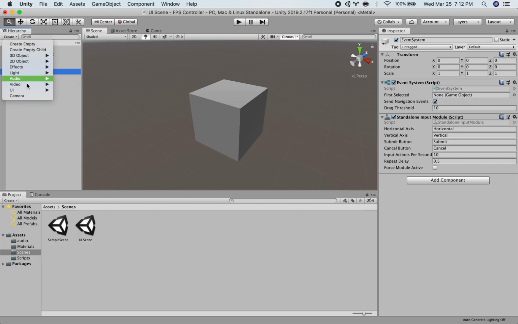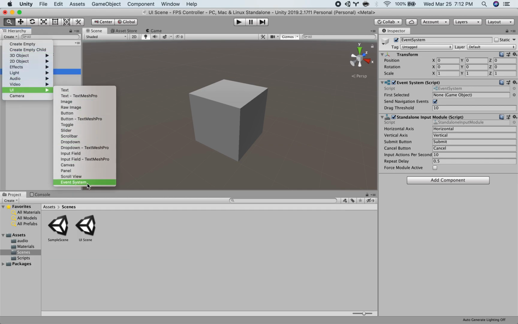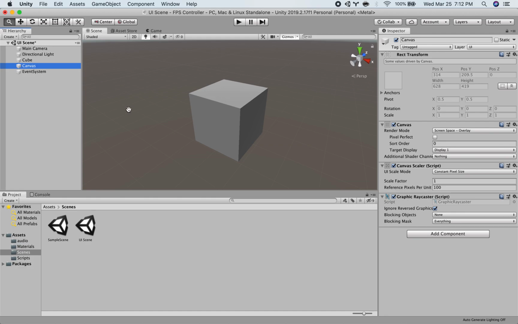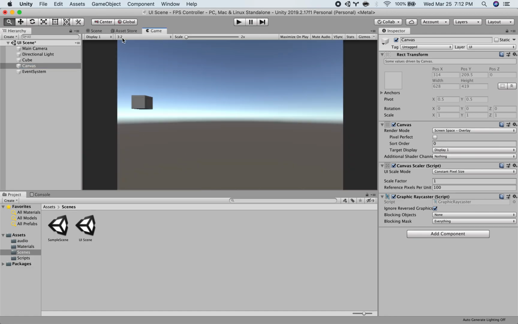If you accidentally delete it or it's not there for some reason, you can make one also in the UI menu, so an event system here. So the canvas, it lives overlaid on top of the camera in the game view. So any text I make in my game view, it'll be overlaid and kind of stick on top of the